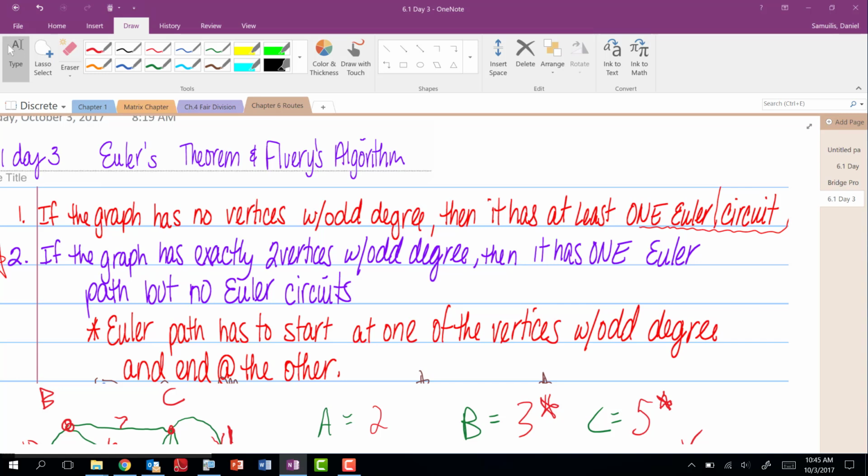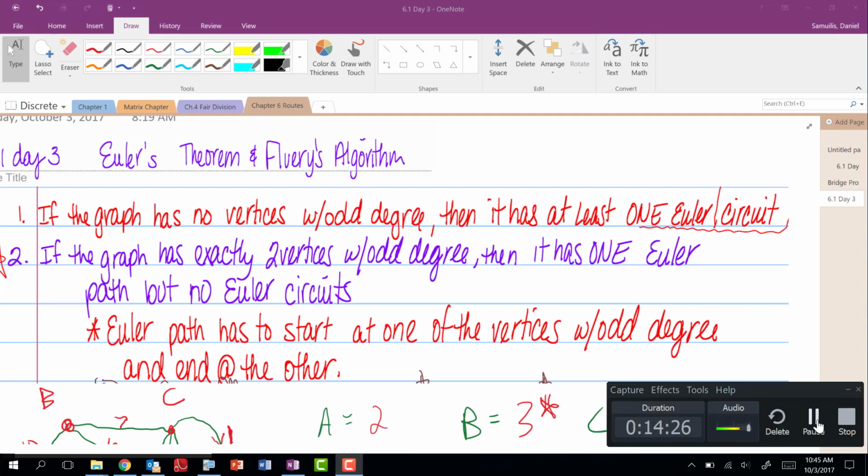You got to fail. It failed. Well, try again. Oh, this one worked this time. It's because you started at an odd vertex. And that's why it worked your second or third try, for those that gave it that extra effort. All right, I'll pause it, and then we'll continue shortly.